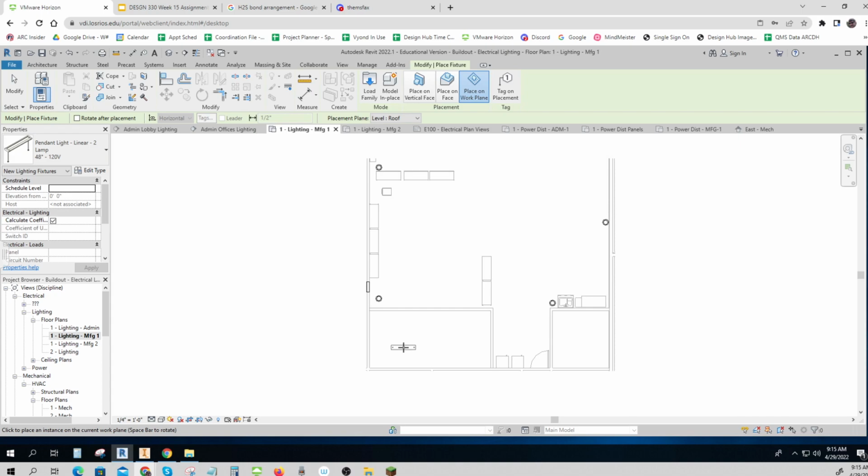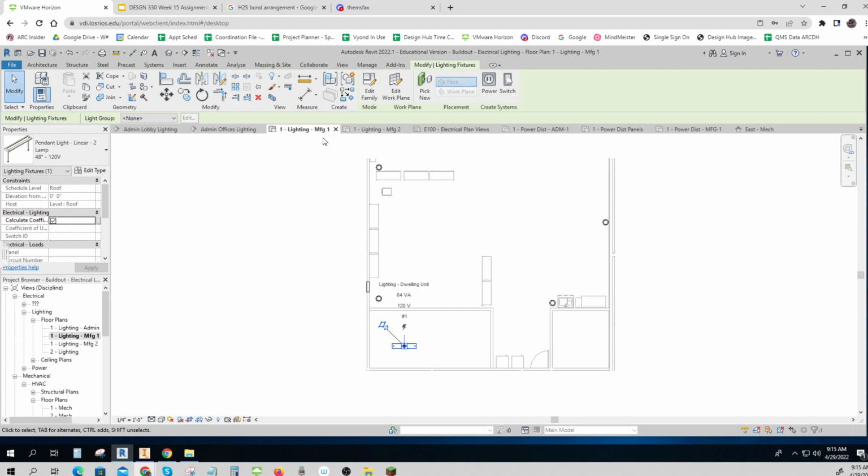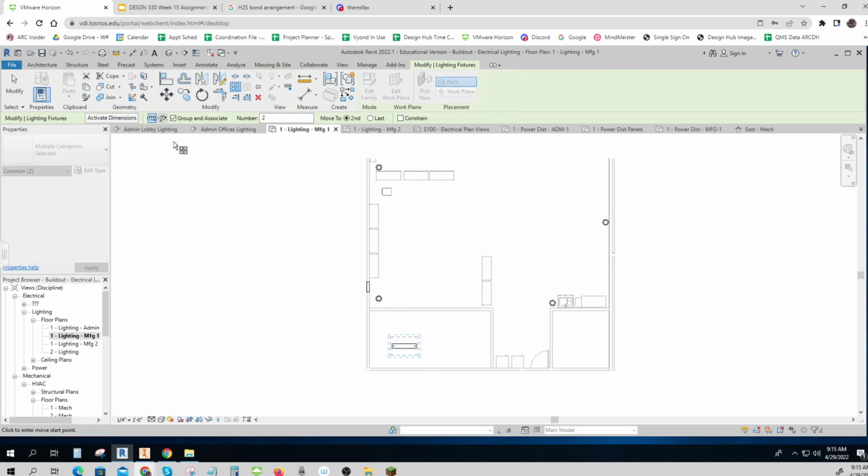Probably 6 feet from each edge would be fine. Okay, I'm just going to eyeball it. You can put it in more precisely. And then I just need to make a little array out of it, if you remember how to do that. I'm going to ungroup them too, by the way. And I need like 1, 2, 3, 4, 5. I'll put 5 of them in